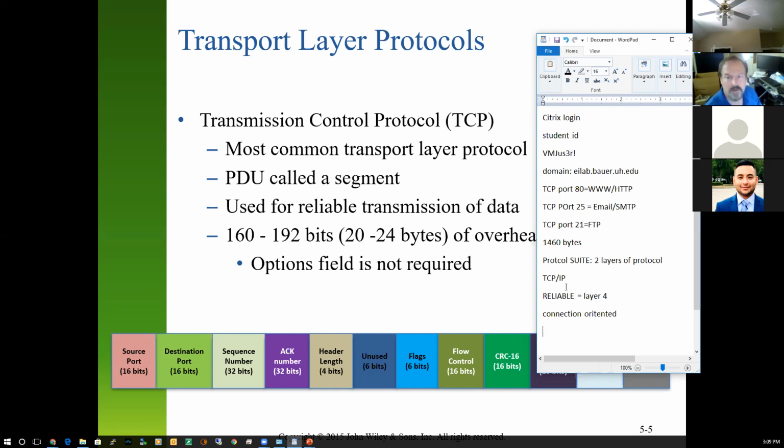pieces get there. Now, you might think to yourself, well, isn't that important for all communications? Isn't it important for all protocols to send every single bit of data from application to application? And I can think of a couple of really good examples and reasons why that's not necessarily the case with all protocols. We're using one of them right now. How important is it for you as a viewer of this Zoom meeting to get every single bit of frame, and I'm talking about video frame and audio signal that I'm sending. If you miss a half of one word that I'm saying, you can probably figure out